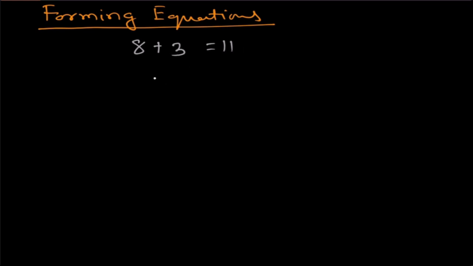Okay. Suppose I say, what value should you add to 25 so that you will get 67? Then what will you do? You can count, but it is not the process. Actually, this value was found by subtracting 8 from 11. Similarly, here you can find it by subtracting 25 from 67. Okay. Let us subtract this. So it is 42. So if 42 is added to 25, we will get 67.